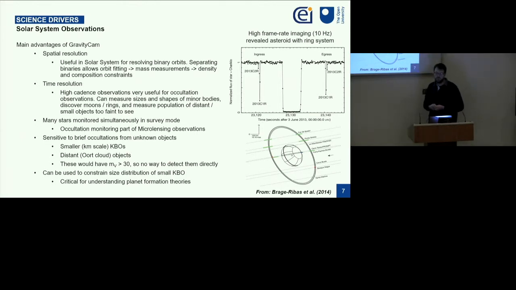So with GravityCam, we'll be able to do these sort of observations, but we'll also get a lot of these observations for free, as it will be part of the microlensing survey. By analyzing the survey, we might be lucky to find these without actually looking for them beforehand. So they sort of come free, and in that way we'll be able to find smaller objects and very distant objects, which would not be possible to observe directly, as they would be so faint,